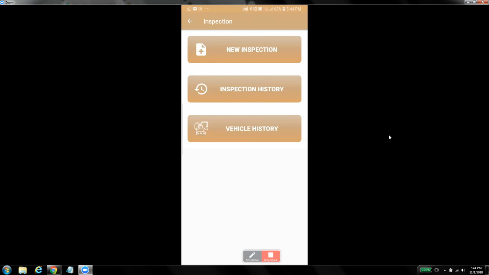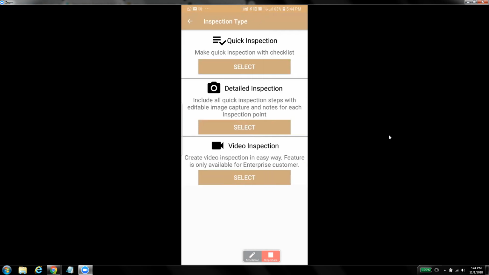All right, so now we are ready to start a new inspection. So I assume you're in front of the vehicle. The other thing you would be needing: when you decide to do a new inspection, it will give you three options: the quick inspection, or detailed inspection, and video inspection. The quick inspection is for the people like the daily walkthrough, where we want to make sure